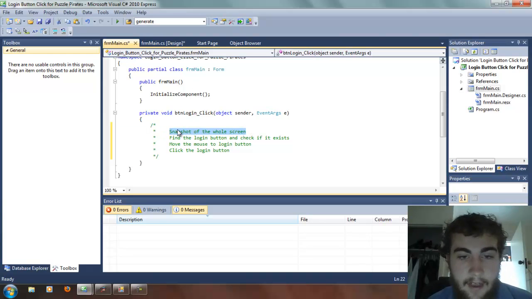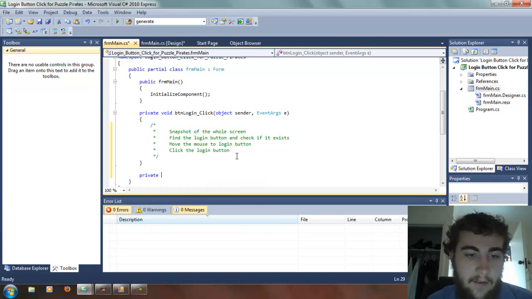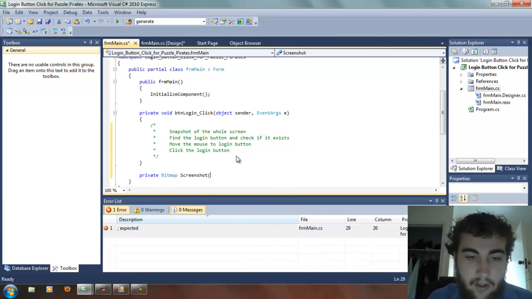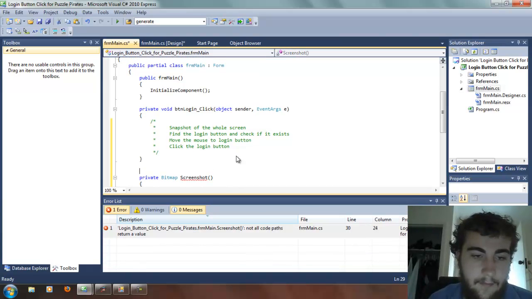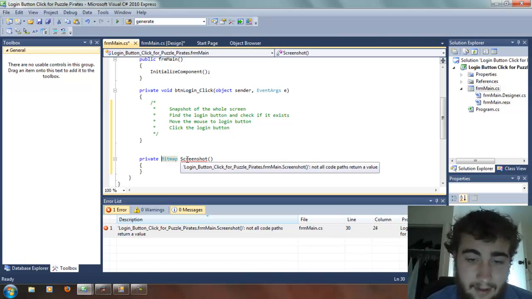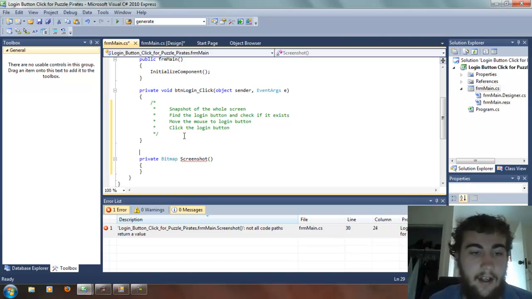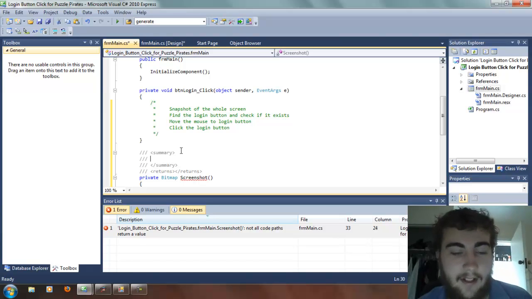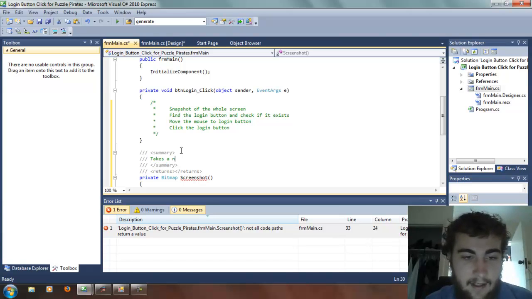Okay, so let's do step one. First we'll make a function that will take a snapshot of the whole screen. So private bitmap screenshot. We'll do three slashes so we can write a summary about it, just to give us a bit more information and just to keep our code nice and clean. And we will type in: takes a snapshot of the screen, and it returns a snapshot